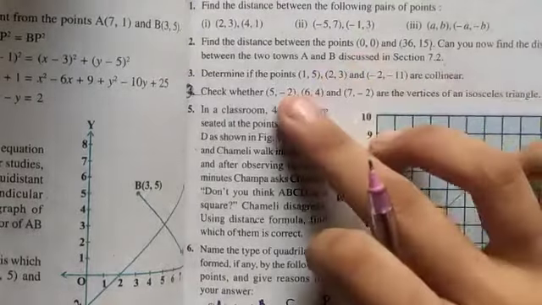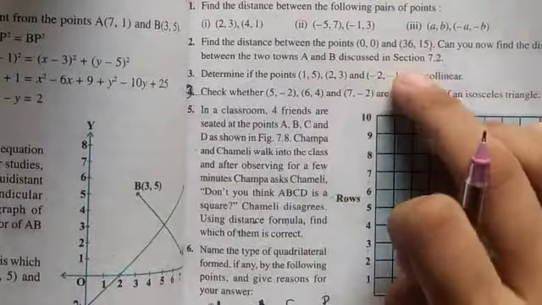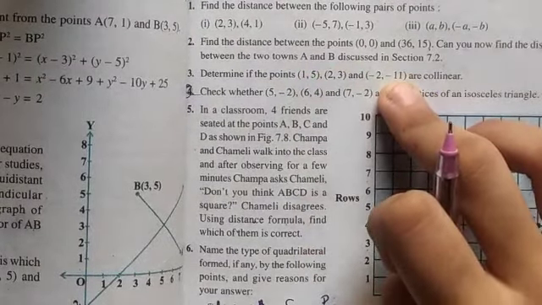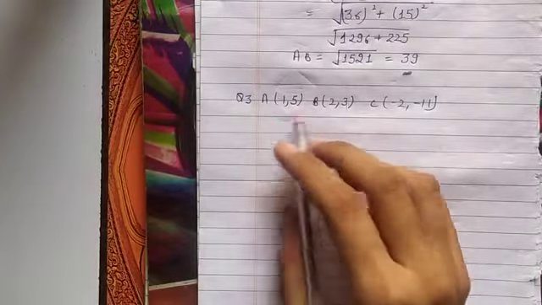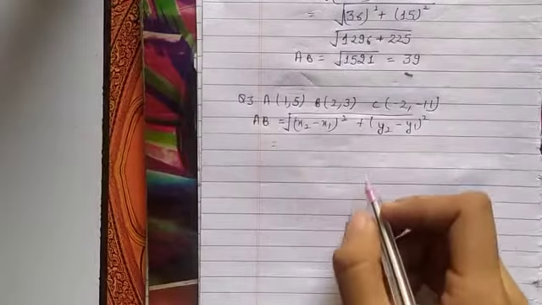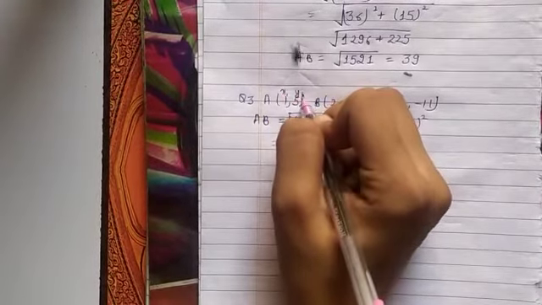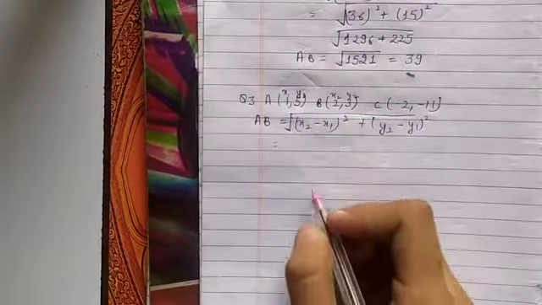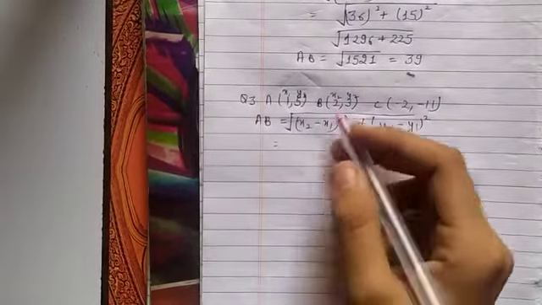And in this statement we have to find firstly the distance of this point to this point and this point. So firstly we have to find the distance. Let's start the question. So firstly we have to find the distance of AB. So this is the distance formula. Let it be x1, this is y1, this is x2 and this is y2. So we have to find the distance using the distance formula. You have done earlier this formula.